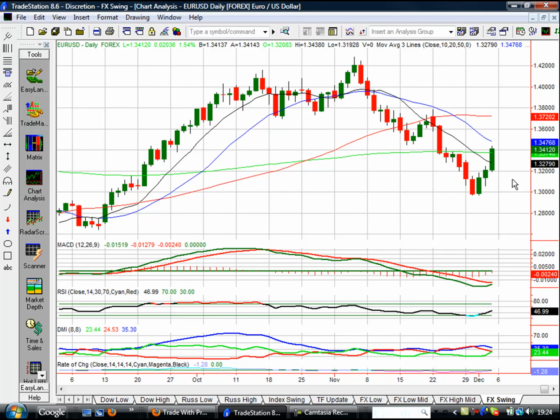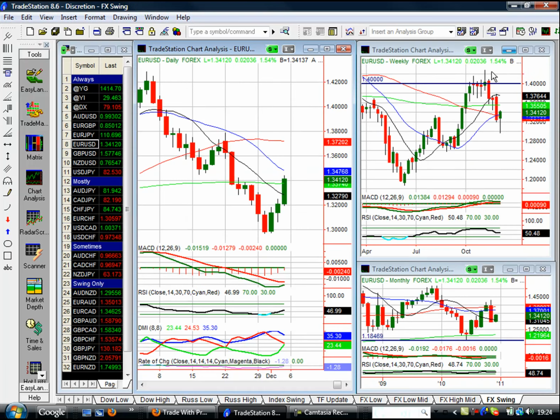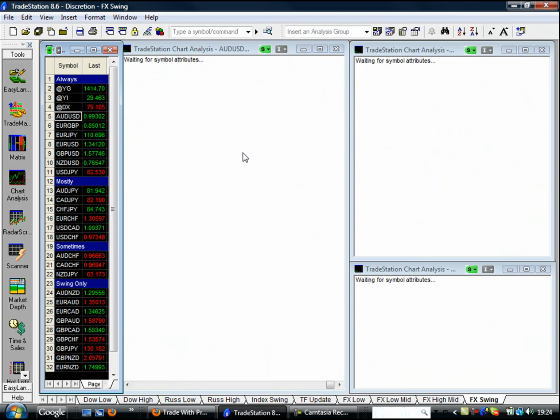Extremely similar, almost mirror image of the dollar index, and we really need to see some of the action this week, because I would like to see at least two of those time frames come back into agreement, whereby if we get the daily and the weekly both looking bullish or both looking bearish, then that's the positive sign we are looking for. Come in and I want to show you just a couple of currencies that are particularly strong, and that is the Aussie and the Kiwi.